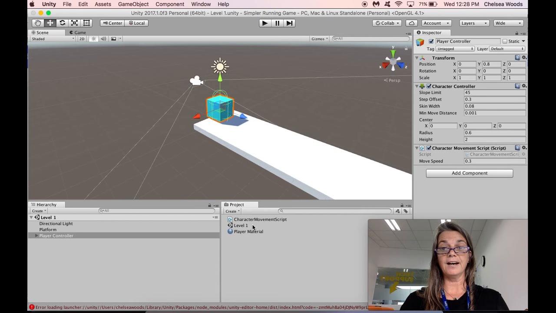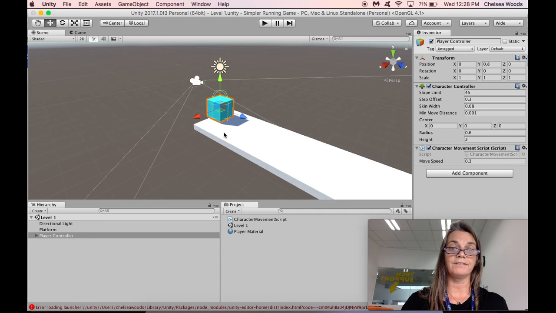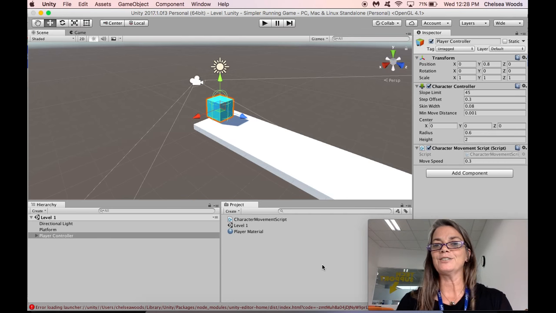And you can see that now level 1 appears in the project panel. And you can see now we're in level 1. And we can also go ahead and go File, Save Project. So now our project is saved as we are. The next order of business is going to be to make our